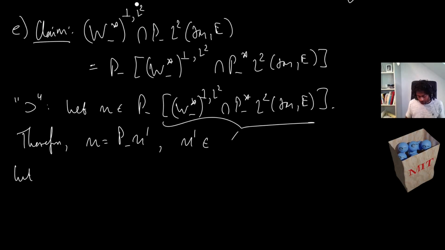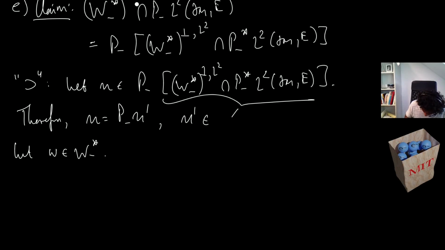So now we need to show that U is in the annihilator of W minus star in L2 intersect this P minus, right? So let W be in W minus star. Then let's have a look. So then